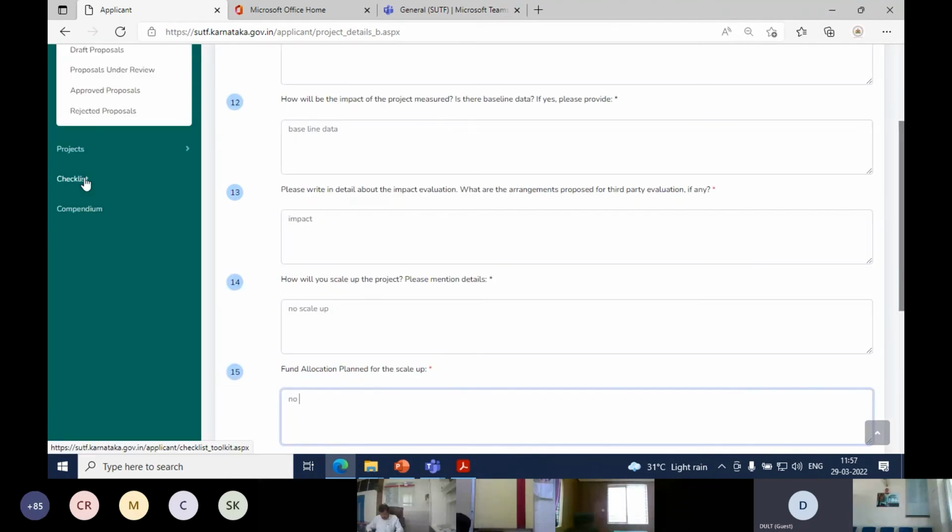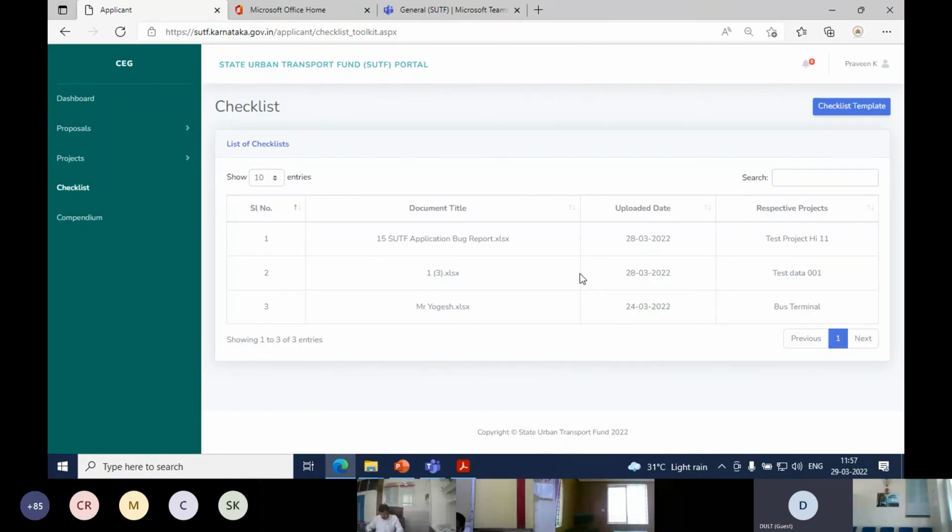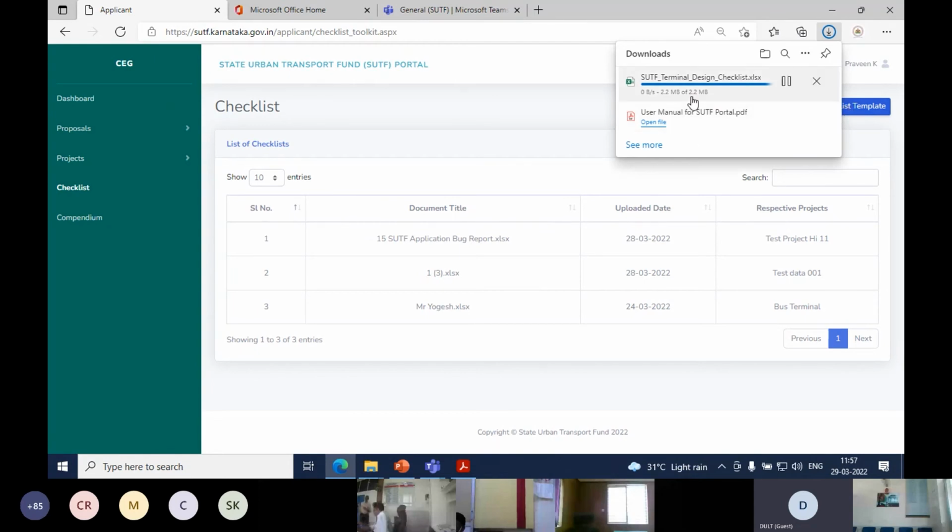So before coming to this, on the menu bar, you have a checklist tab here. You click on the checklist. It takes you to this window. So these are the pre-filled checklists that can be made available for you to view. So the fresh one, you can click here, checklist template. You download the checklist in an Excel format.